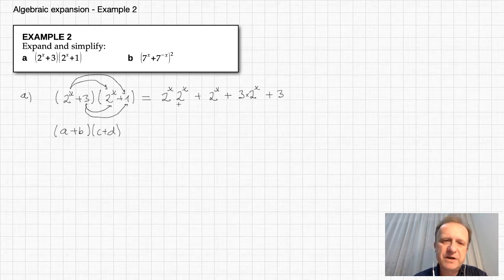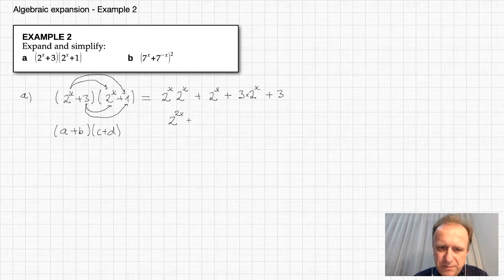And to simplify the first term, we just use the law of exponents. Since those two bases, numbers 2, are the same, we have to add the exponents because there is the multiplication there. So what we end up with here is 2 to the power of x plus x, which is 2x, like that,